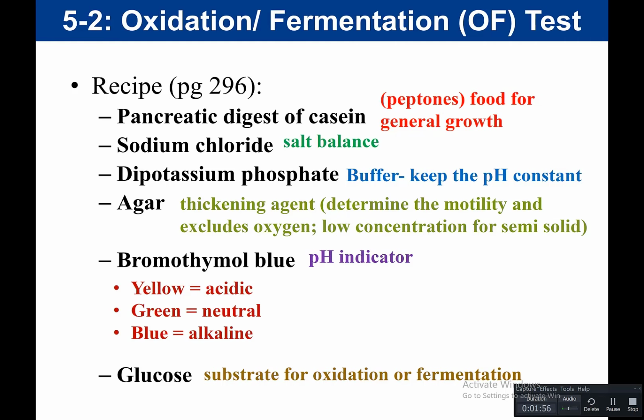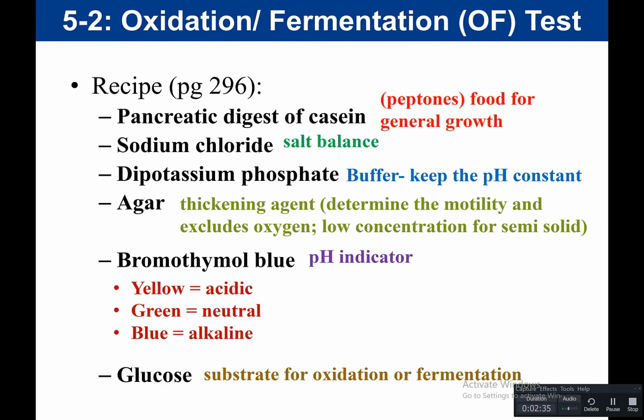for the fermentation tube. You want to know what pH indicator was used in this test. So our pH indicator in this test is your bromothymol blue. Again, the blue tells you the alkaline color. So blue is alkaline. Yellow is acidic. Again, for every pH indicator we use except methyl red, yellow is acidic. So yellow is acidic. And then halfway between blue and yellow is going to be green. Green is neutral. And you want to know that our test has glucose because glucose is our substrate for oxidation